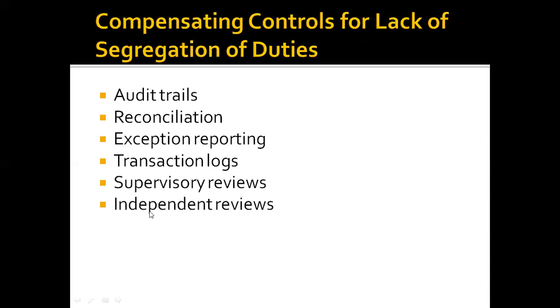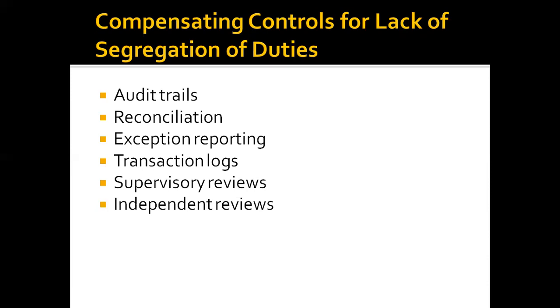All right, then we also have what we call compensating control. Sometimes segregation of duties may not be possible, maybe because there's lack of funding, it's a small organization and so on. But if segregation of duties is not possible, we should have controls to compensate for that. For example, auditor, right? So even if you have one person performing too many activities, taking on too many roles, if they are audit roles, we'll be able to track whatever that person is doing.